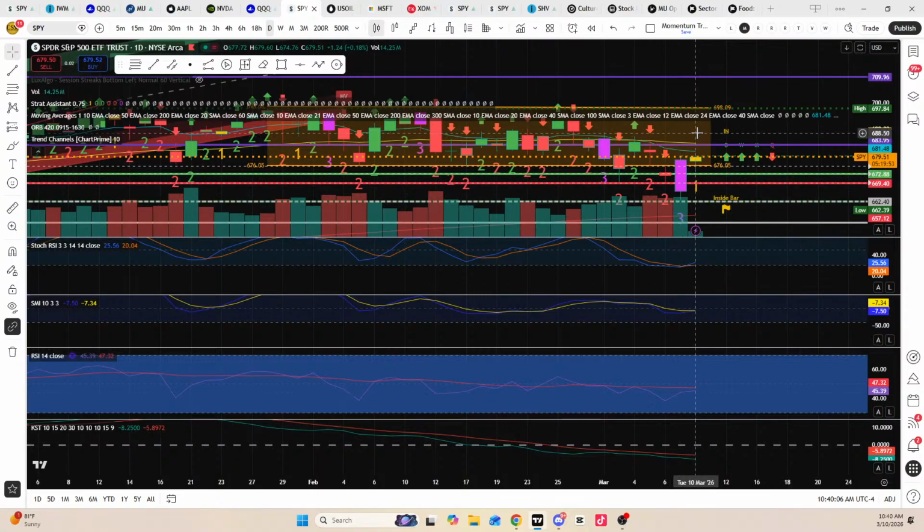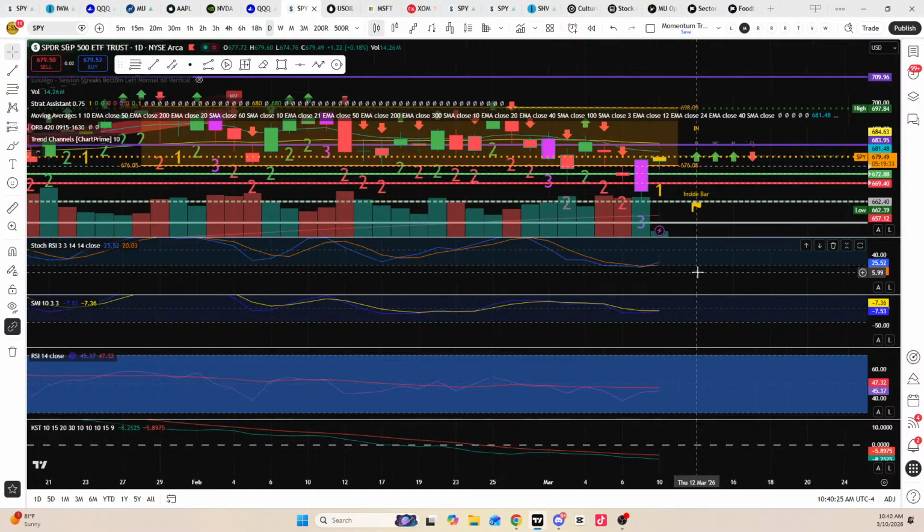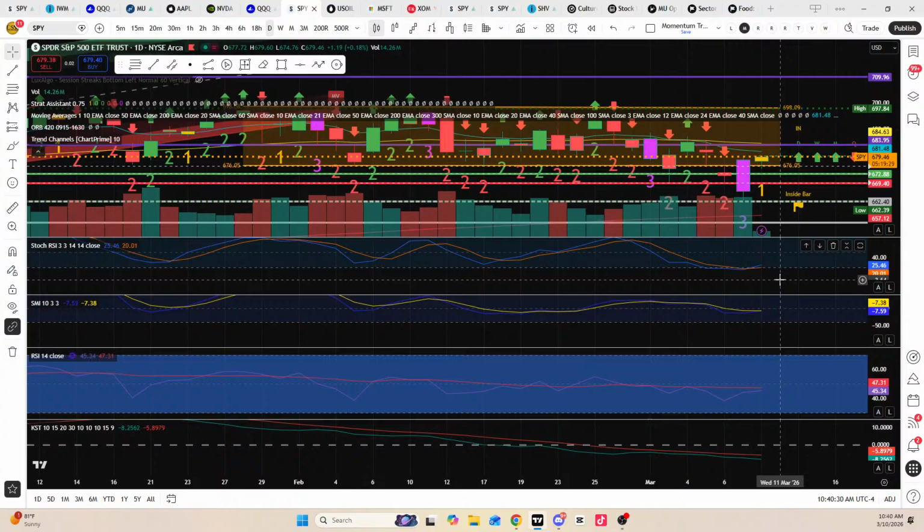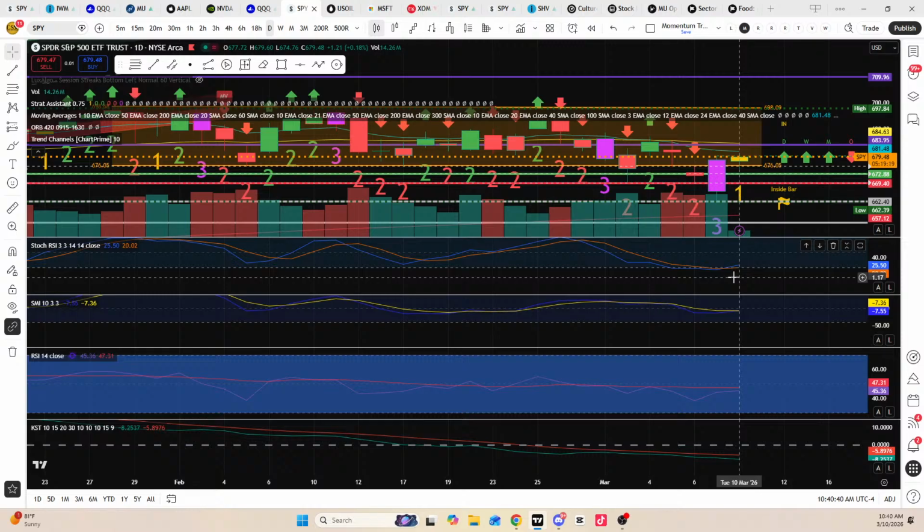Let's say we're in a push-up rally, right? And the MACD is crossing over to the upside, and it looks like it's stalling out somewhere, and you're not sure if the rally is going to continue or break down. This indicator is going to show you early on whether that stall out is trending towards breaking down, or if it's still holding strength to go up further. So this is going to be a helpful tool I want to start using as far as measuring the momentum inside the momentum. This is another version of it down here. I'm just comparing the two to see which one works better for me, which one gives more actionable signals.